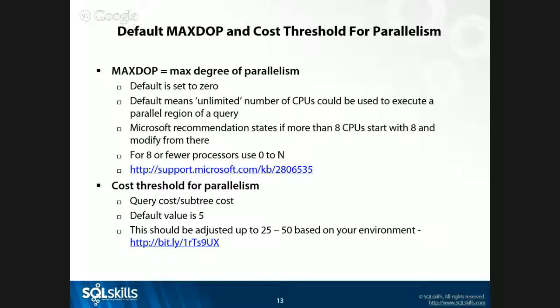Does it always parallelize the same number of processors? No, I found that it doesn't. The query optimizer does some awesome things, even with setting these, where I can set the cost threshold and set it to 25. It can still overrule. So it's kind of guidance for the query optimizer. Hey, I would appreciate it if you would follow these rules, but based on logic and Dr. DeWitt and Conor Cunningham and those groups' magic, it can still kind of override.